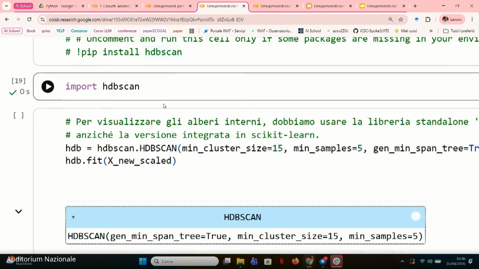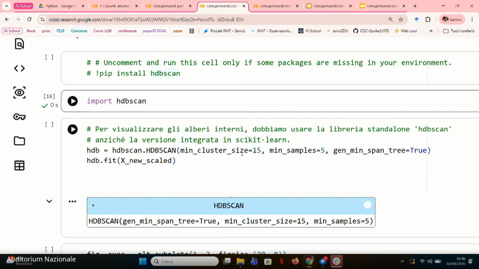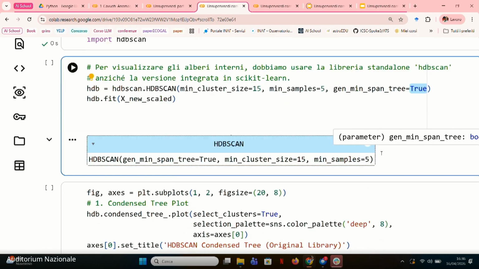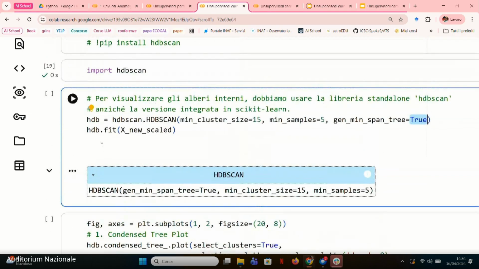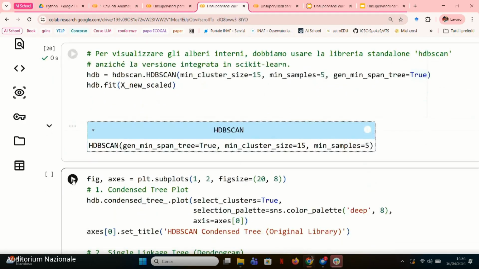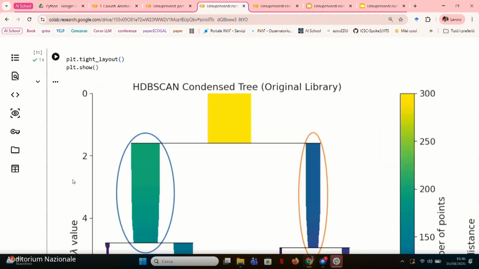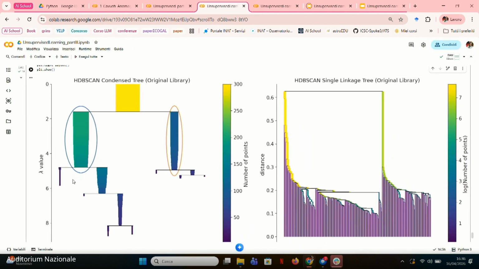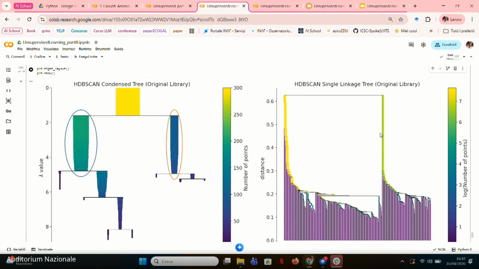And then here, for example, if you train your model, your HDBSCAN, using, for example, a minimum cluster size of 15 and min samples of 5, you have to tell it that you want the minimum spanning tree, and that at the end you can build it. I have to run the cell. At the end, you can visualize the minimum spanning tree, the condensed tree and the single linkage tree, and to see